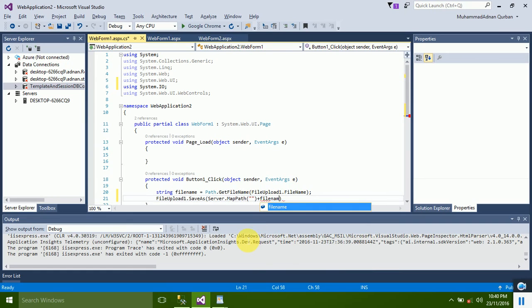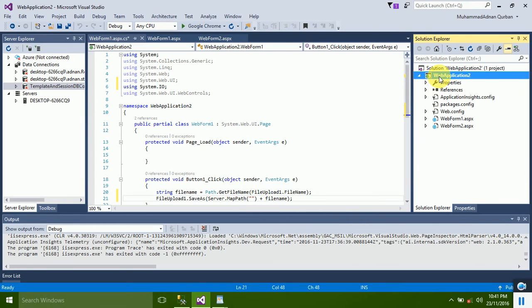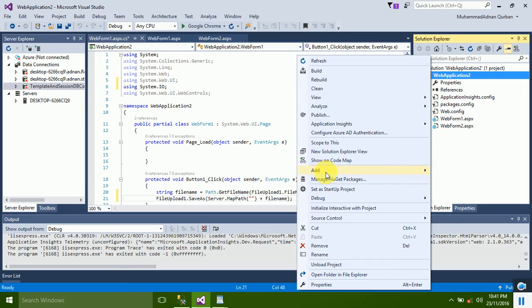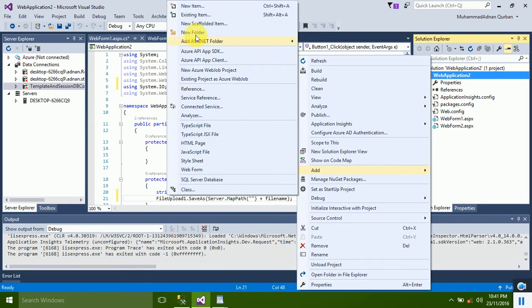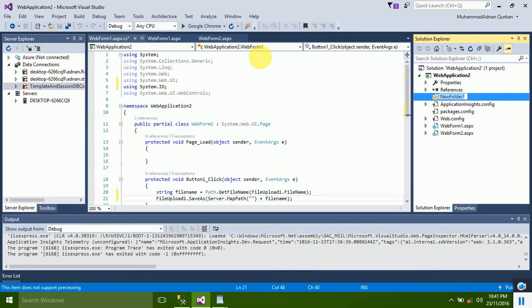So type file name. Okay, now we have to specify the address here. Before doing that, we will create a folder in our Solution Explorer to save the files that we select. Select your project from the Solution Explorer, right click on it and add a folder, and we will name it as images, and we will type the name here, but we have to type it as